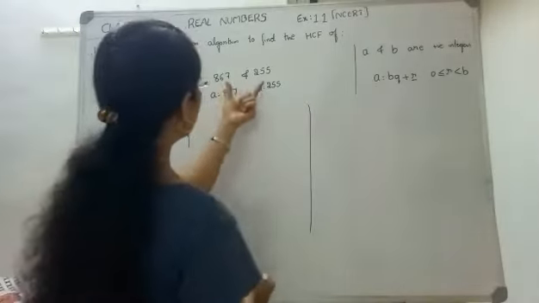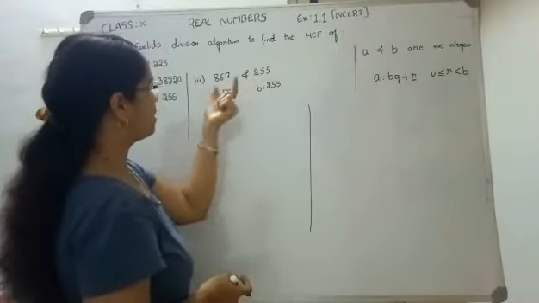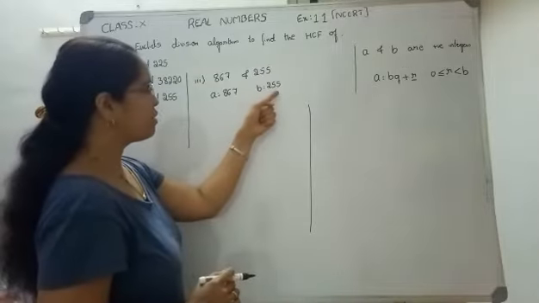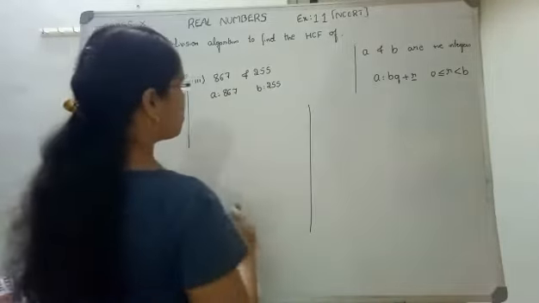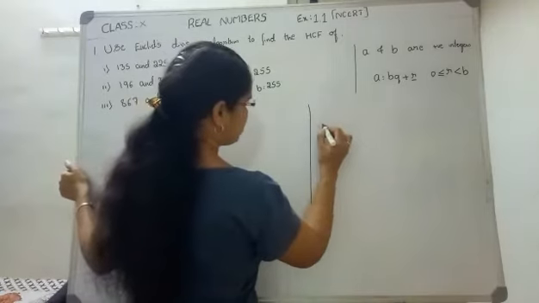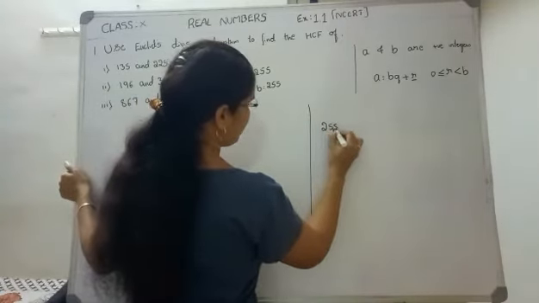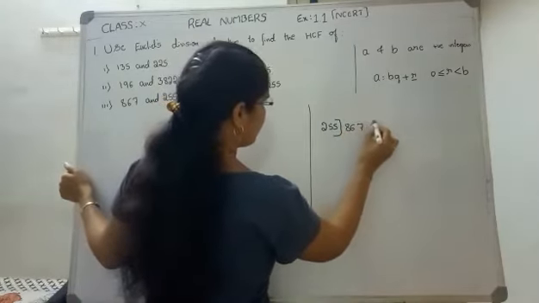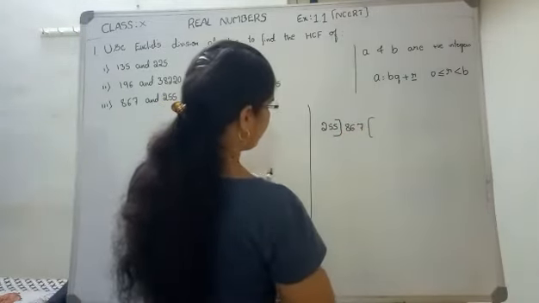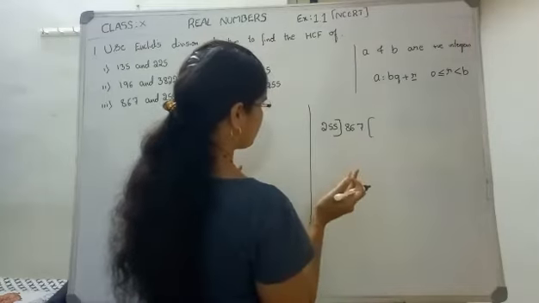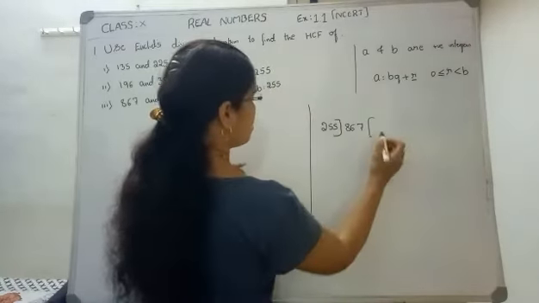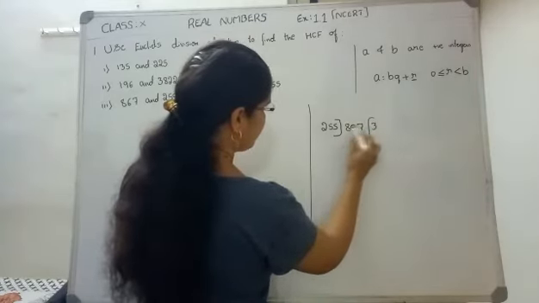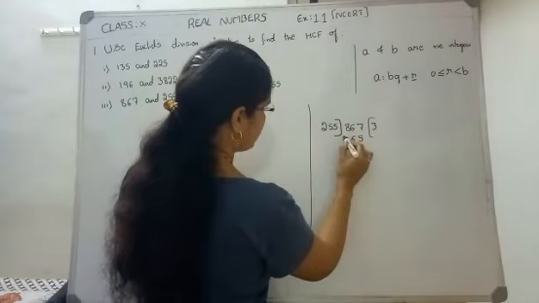Okay. In the third problem, 867 and 255. Of those two numbers, the greater number is 867, consider it as A. 255 is the smaller one, consider it as B. By the long division method, we consider 255 as the divisor and 867 as the dividend. 255 4s would be more than this, around 1000, so consider 3s. 3 5s are 15, 3 5s are 15, 16, 3 2s are 6, 7,